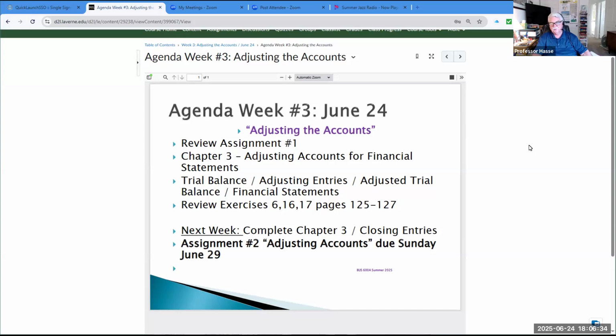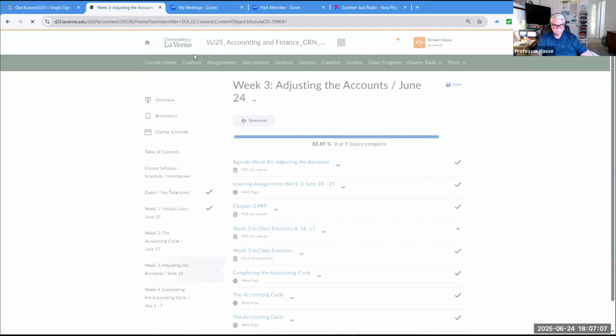Adjusting entries deal with the passage of time, the use of assets, the accrual of expenses and revenues, adjusting the accounts for these various activities after the regular business transactions have been made. And that's what assignment 1 was all about. You did regular journal entries, went through the cycle of doing journal entries, posting to the ledger, and doing a trial balance. Now in this next section, we're going to the next area of the accounting cycle,